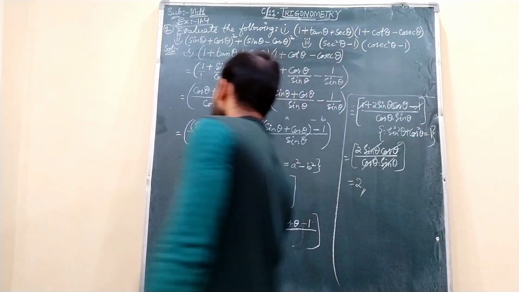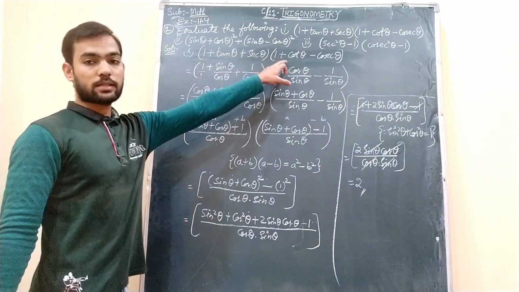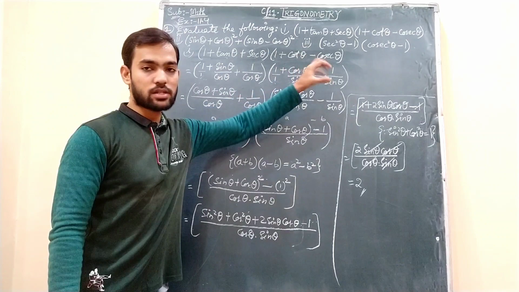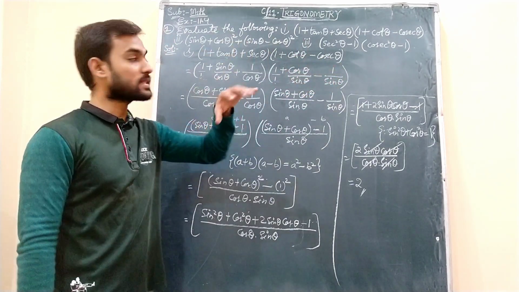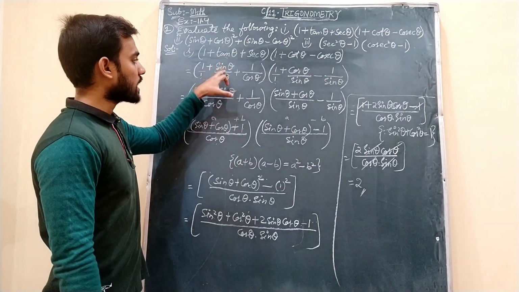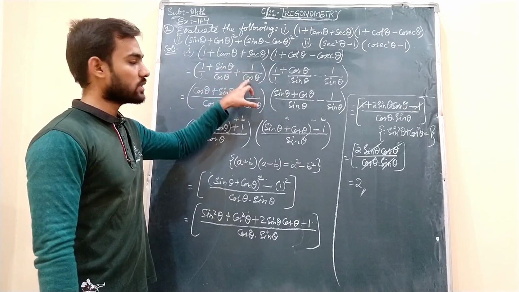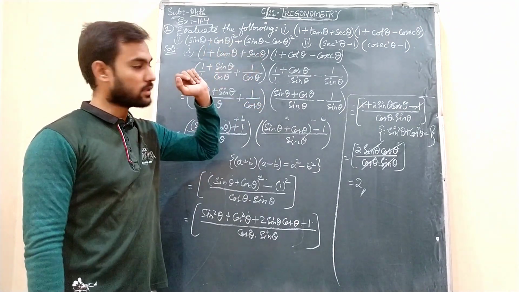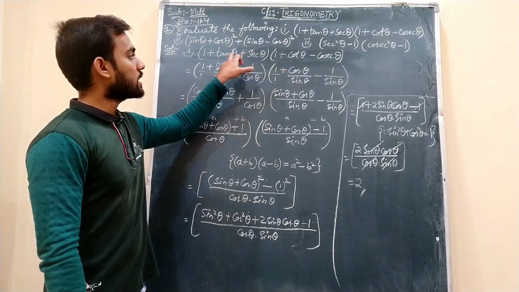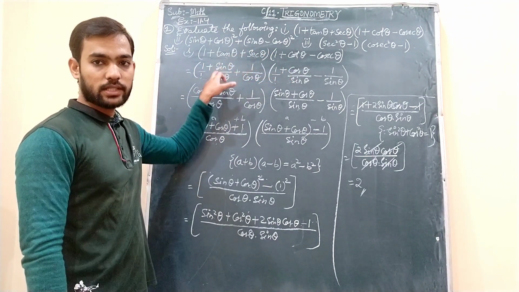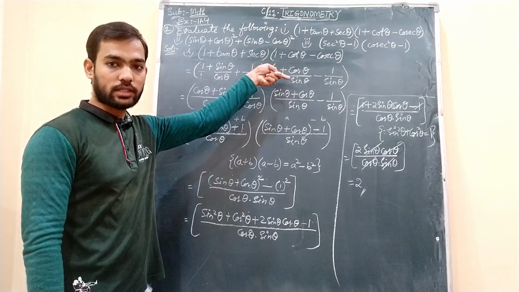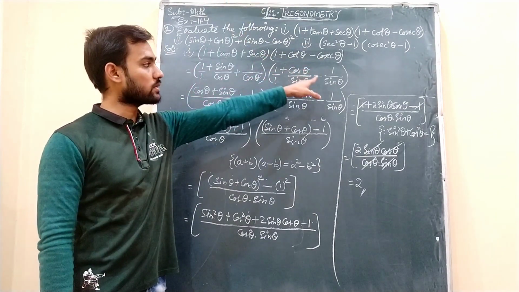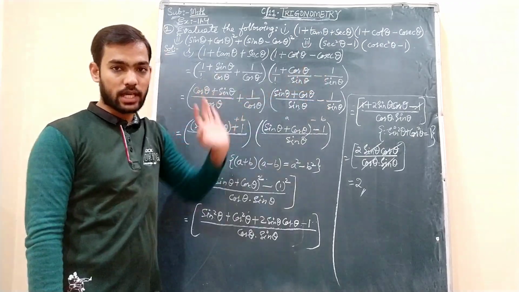I'll explain again, students. This is the first expression we have copied directly. When we have seen these ratios are different, so we try to make them same. Tan theta can be replaced as sin theta by cos theta. Secant theta can be written as 1 by cos theta as per the ratio of trigonometric ratios of specific angles table. And then this cot theta is actually the reciprocal of tan. So this is sin theta by cos theta, that will be cos theta by sin theta. And cosecant theta is the reciprocal of the first trigonometric ratio, that is sin theta. So 1 by sin theta we have written.